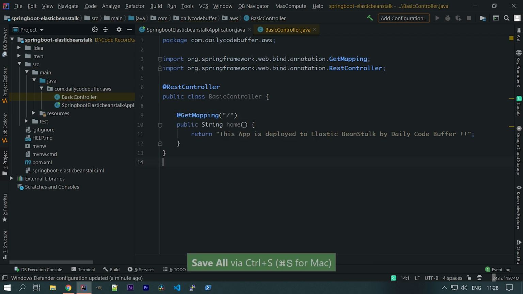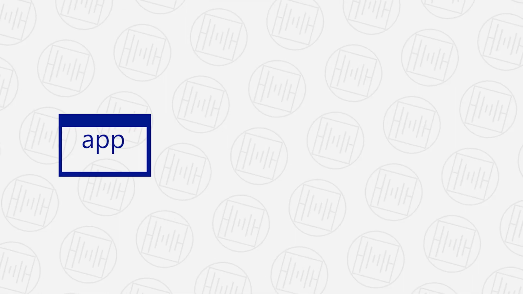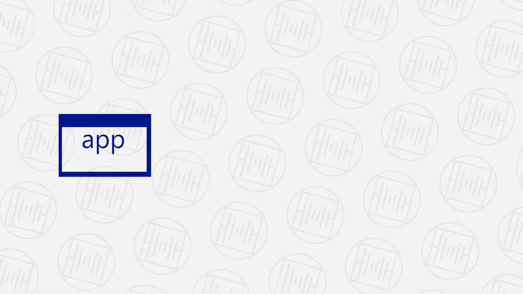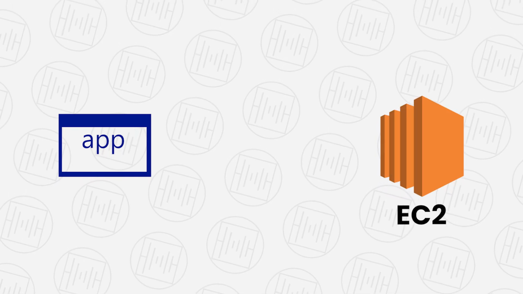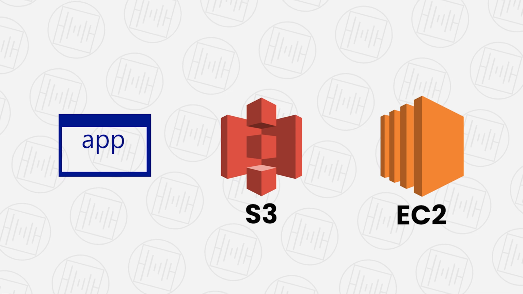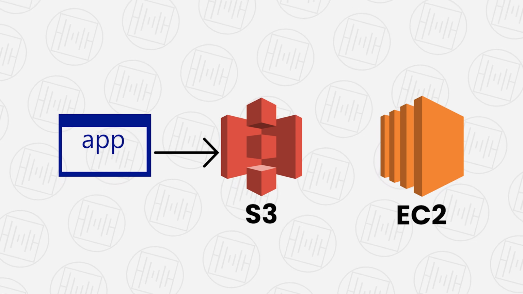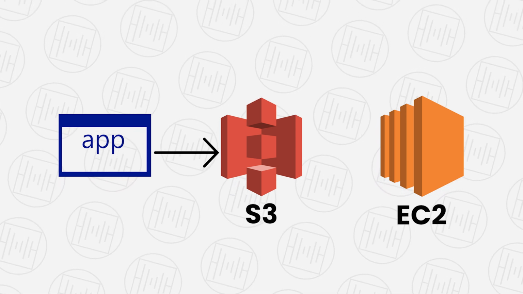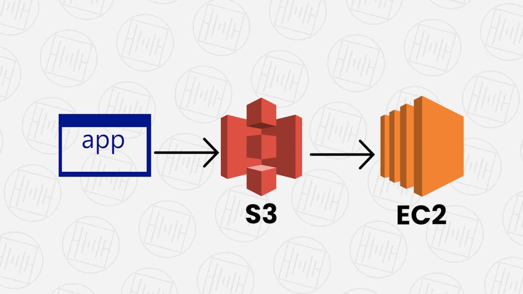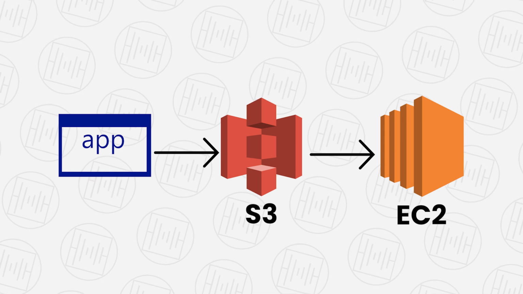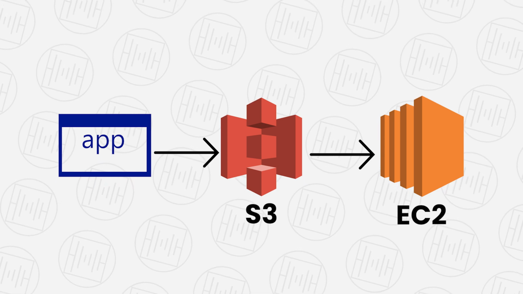Now let's see the architecture of the Beanstalk. So in the previous tutorial we saw that we deployed a Spring Boot application to Amazon EC2 instance using S3 bucket. So there what we did was we created the application, we put that application in S3 bucket, we created an EC2 instance, and then we pull that application from S3 bucket to our environment and we run the application. Okay, so there are a lot of moving parts in this.